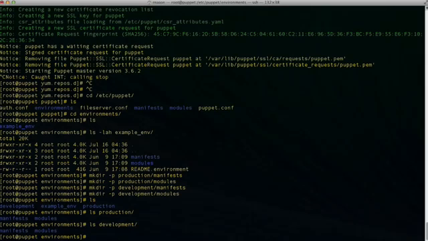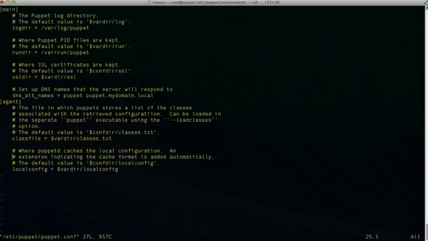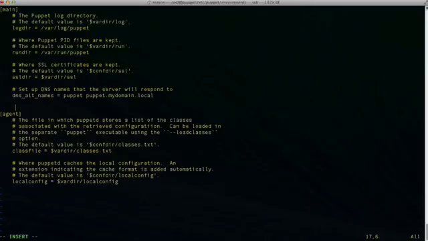Now what we need to do is tell Puppet that these folders exist, and the way that we're going to do that is, again, to edit the /etc/puppet/puppet.conf file. And again, down here underneath where we put the alternate DNS names, all I'm going to do is tell it that I want it to look inside of the location for these environment directories. So let's say, tell Puppet where the environment directory